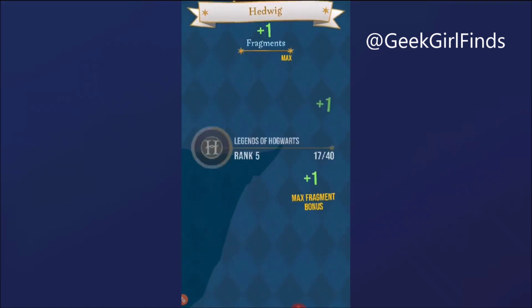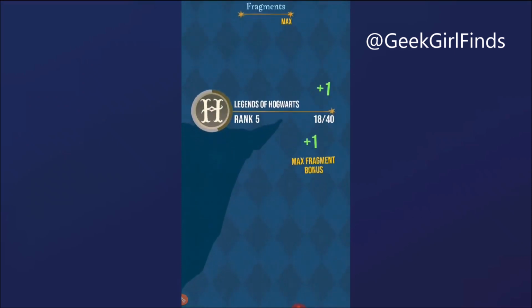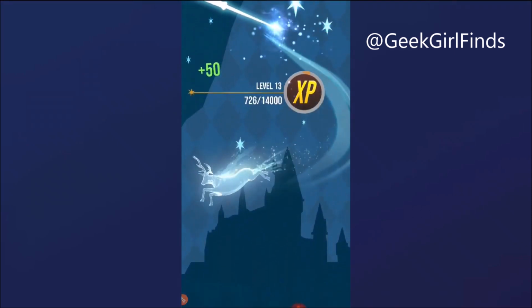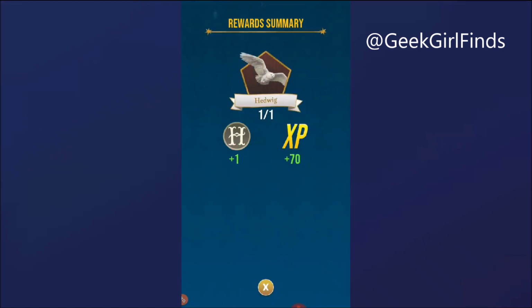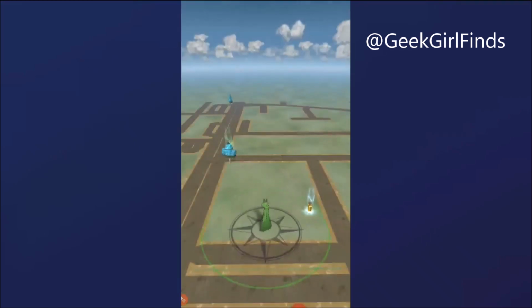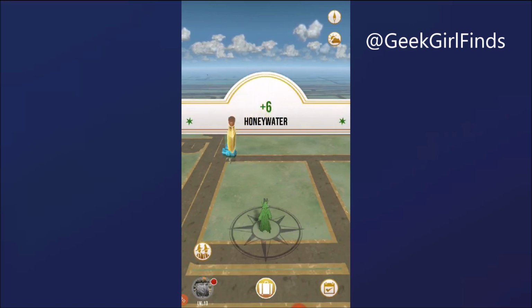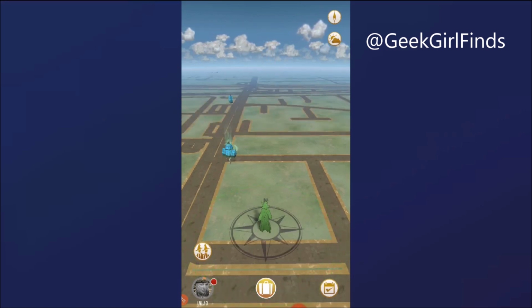So I think I already have enough Hedwigs, so this lets me know where I'm at with the rankings for that particular one. So I only got 70 XP from that, but that's fine. It's still fun. Here's the ingredients like I was showing you. You could click on this little gold thing, and then I've got 6 honey waters. So that went into